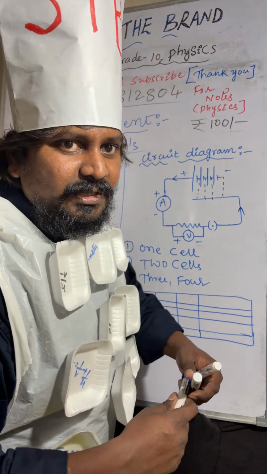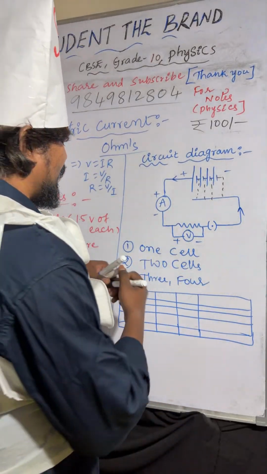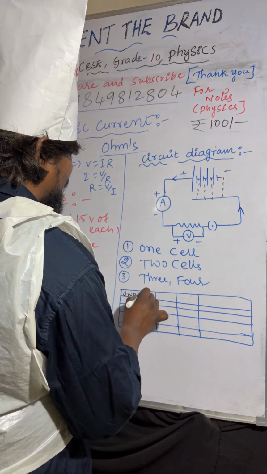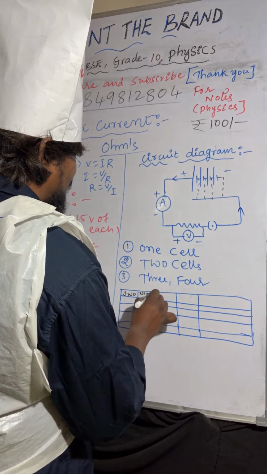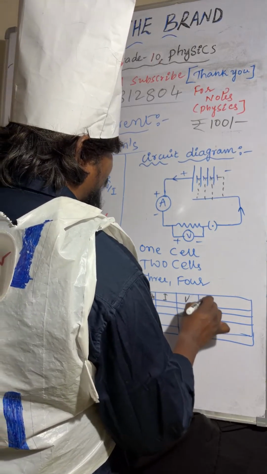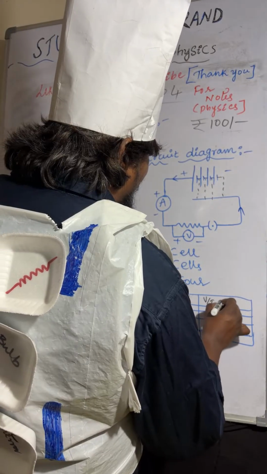So now you can observe here: serial number, number of cells, ammeter reading is current, voltmeter reading is potential difference, V by I equal to